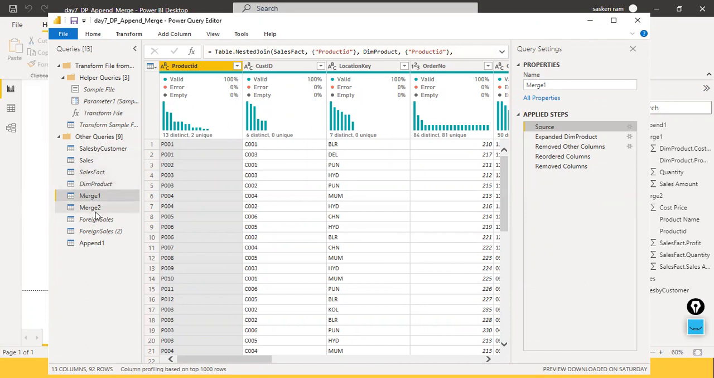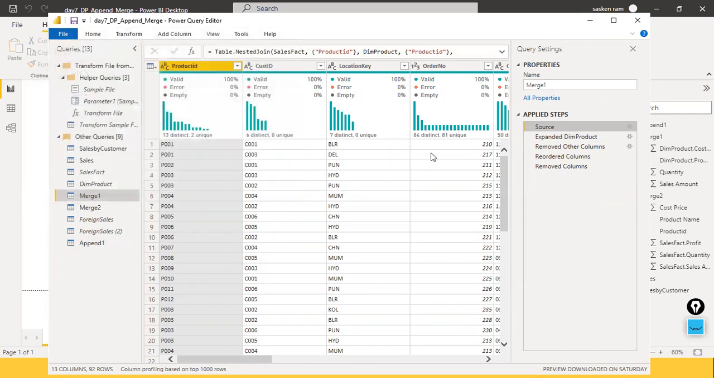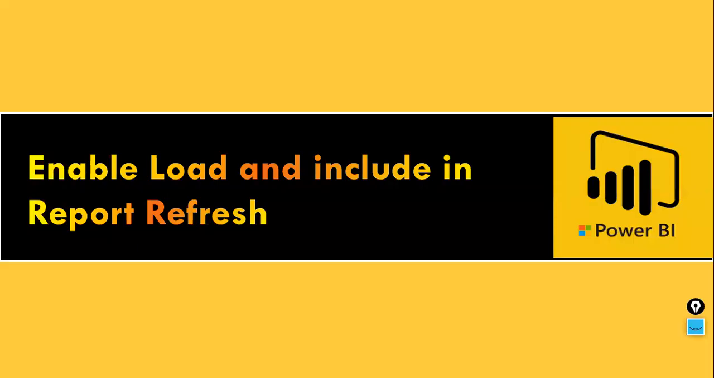So that is how disabling or unchecking these options will enable us to save our time during report creation also. Hope you understood the difference between enable load and include in report refresh. Enable load, once you uncheck it, it will not be available in the model itself. Whereas when you uncheck include in report refresh, it is still available in your model, but you cannot refresh the file. The file you unchecked with include in report refresh, you cannot do any refresh. Okay, you understood this, right? The difference between